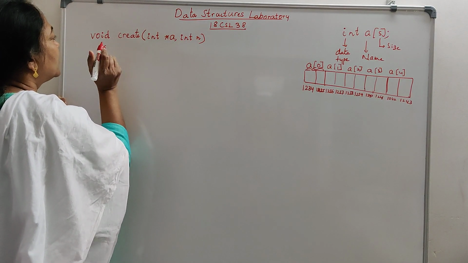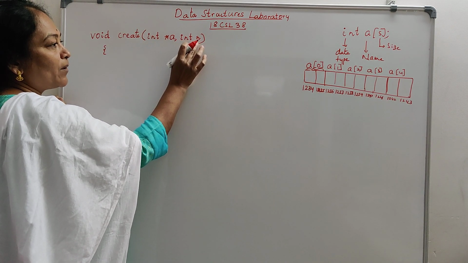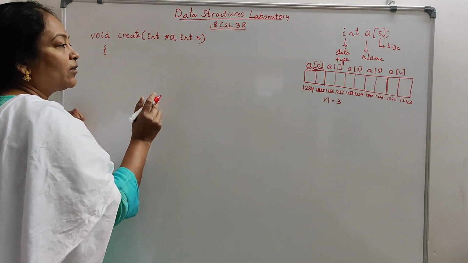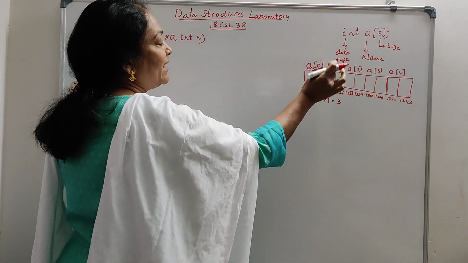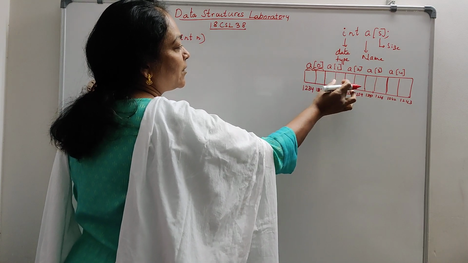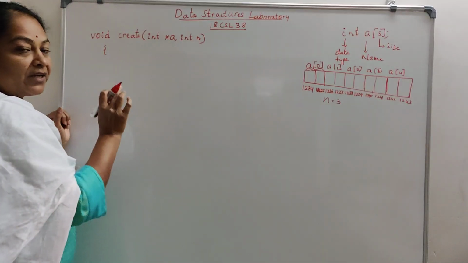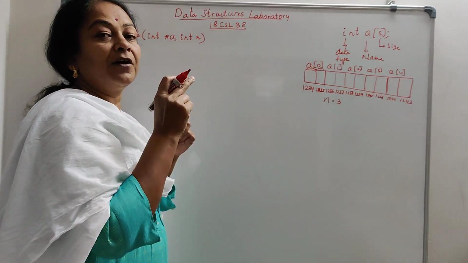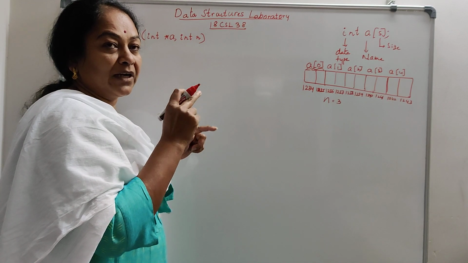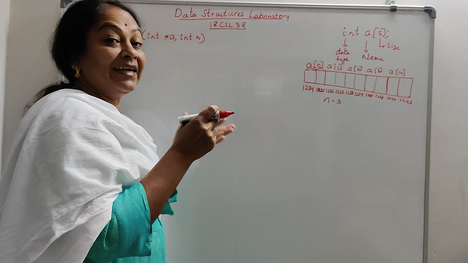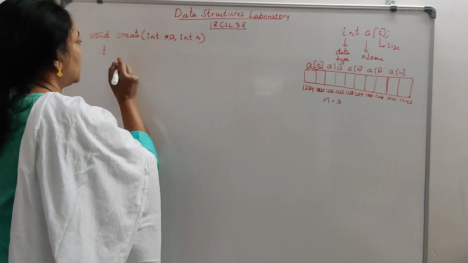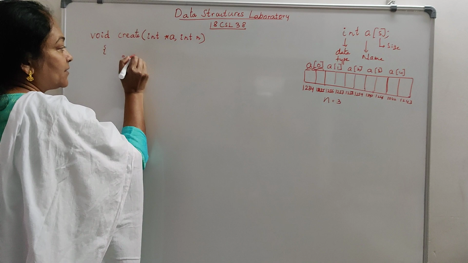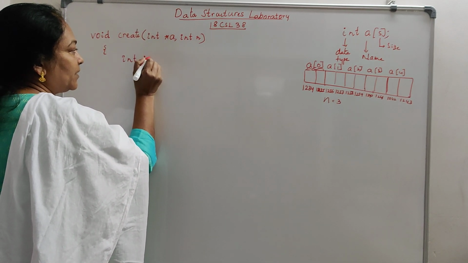Now, suppose the user has given n is equal to 3. Then you are going to read the first 3 elements, that means this element, this element and this element, from the user. Because these are all in continuous memory locations, a for loop will be better to continuously ask the user to enter the value of each element. Because we are going to use the for loop, let us create one variable, let it be i.